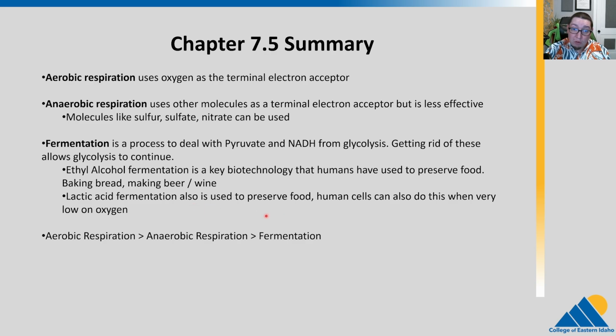But human cells can also do this, particularly when they're not getting enough oxygen, like in super high-end exercise, when you're sprinting away from the saber-toothed tiger, right? That's when you just need that extra little bit and you go into your lactic acid fermentation. But you can't do that for long because you don't produce enough energy out of that to survive off of. All right, we said aerobic respiration is producing the most, then anaerobic respiration, and finally fermentation, the least ATP out of